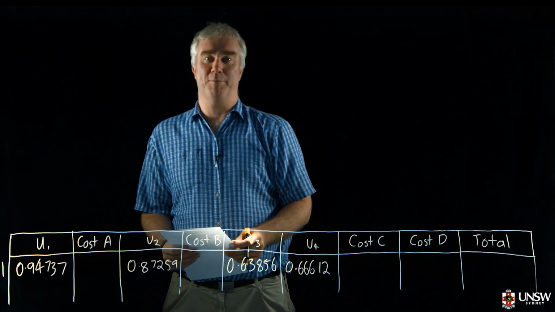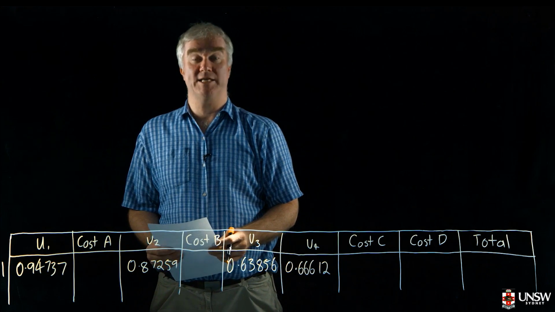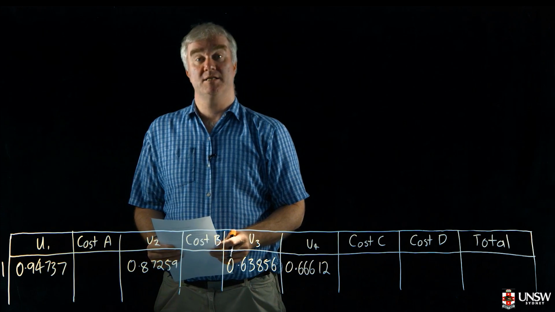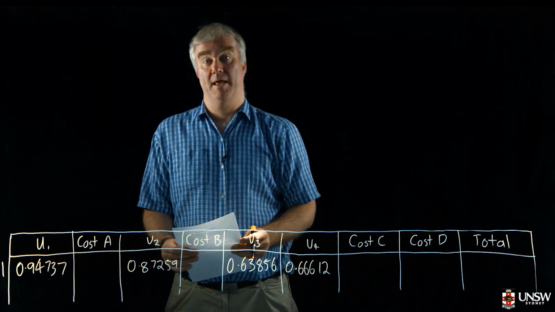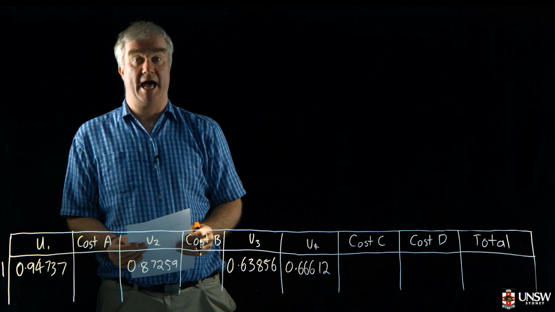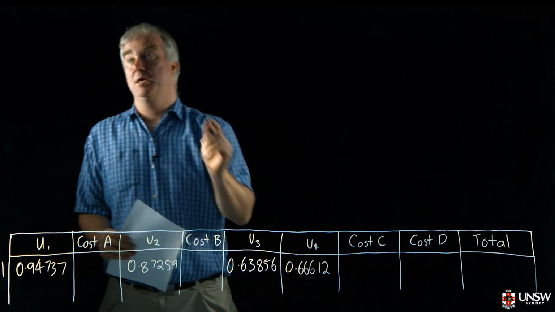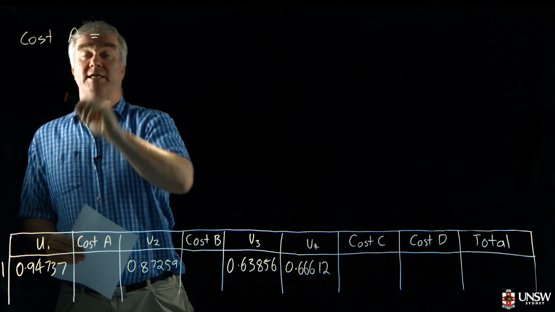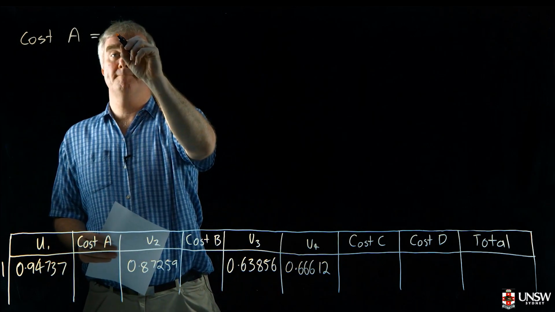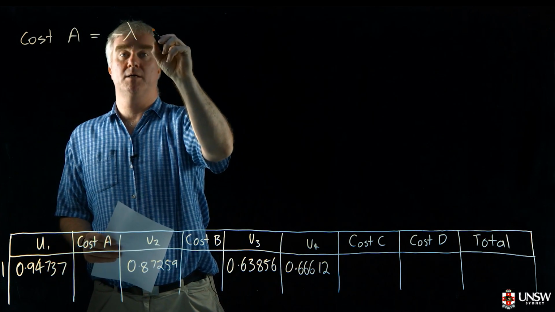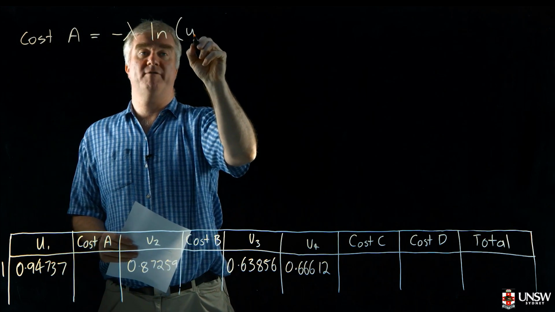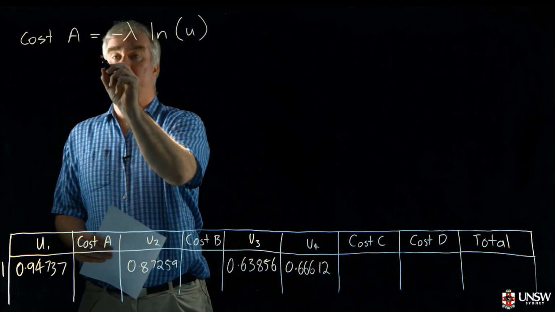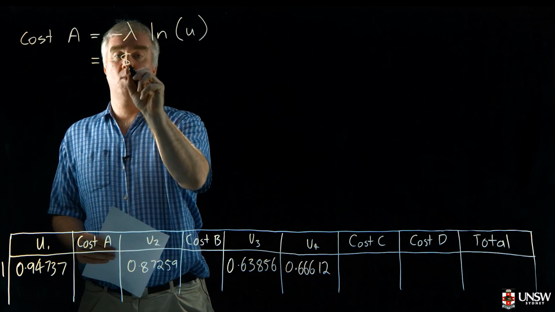Now, to solve this problem, we need to generate 10 realizations of the project. So we do this activity by activity. So let's start with activity A. Now we said that the cost for activity A was exponentially distributed. So the cost for A, our exponential formula was minus lambda times the logarithm of our U value. So lambda is our mean, so this is equal to minus $1,000